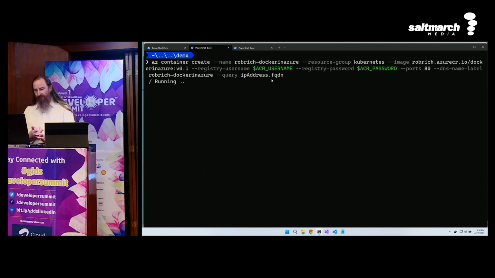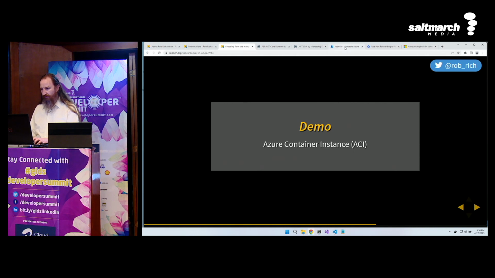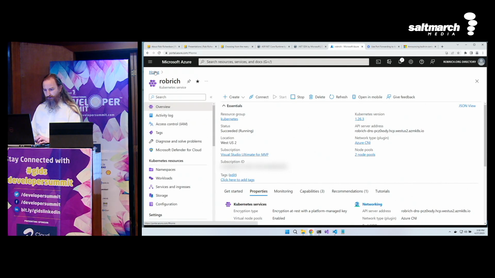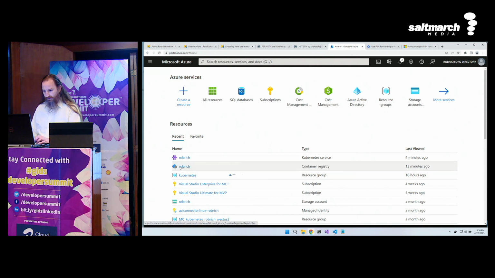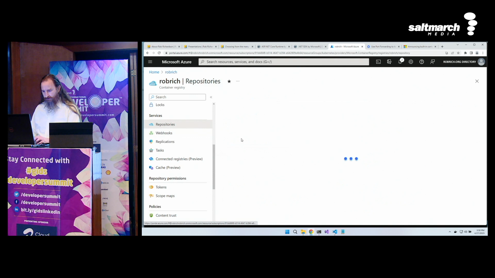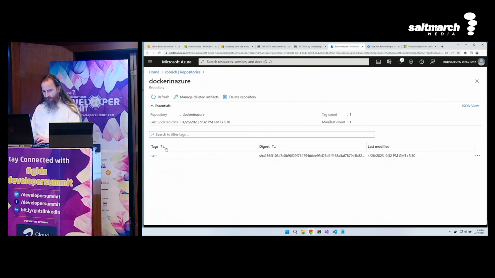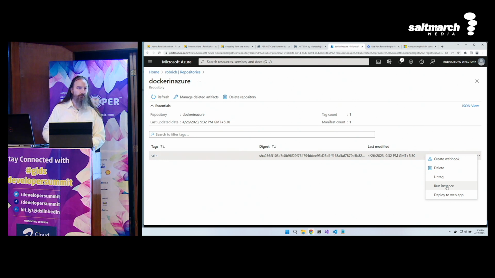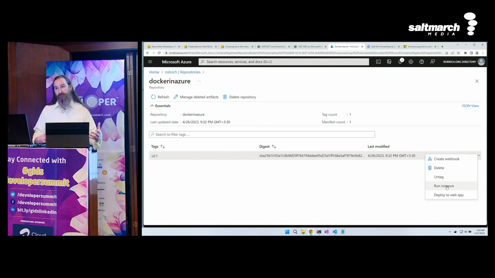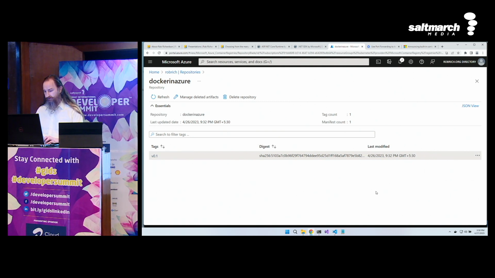This will take a second to spin up in Azure Container Instance, but we could also come in through the portal and point at our container registry and pick our repository and our version. And we can come over here to the three dots and say run instance, which will basically do that same REST call. It'll spin up a single instance. If that single instance crashes, we need to go spin up another instance.